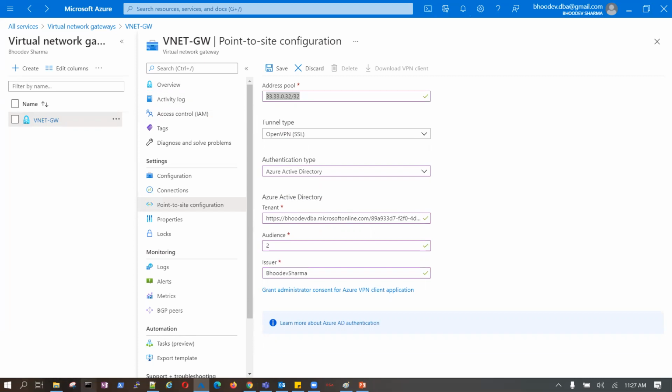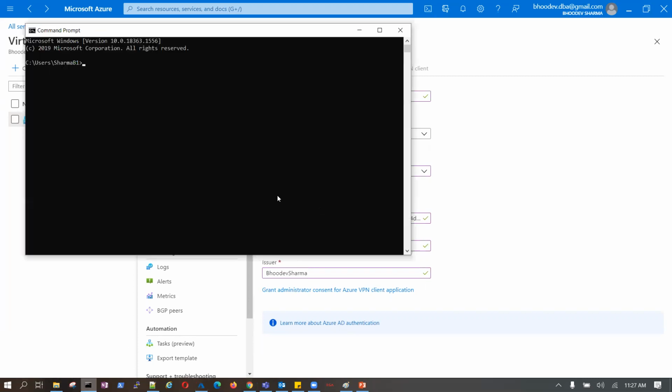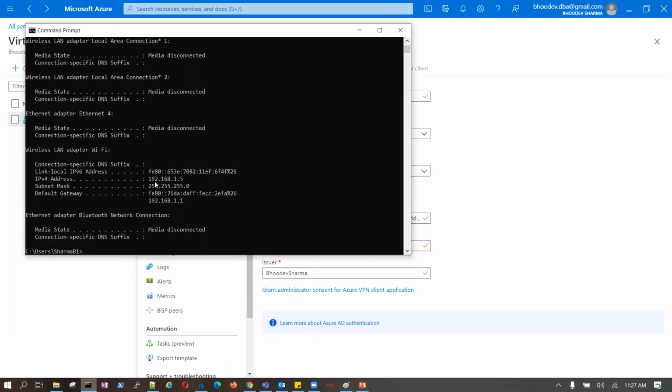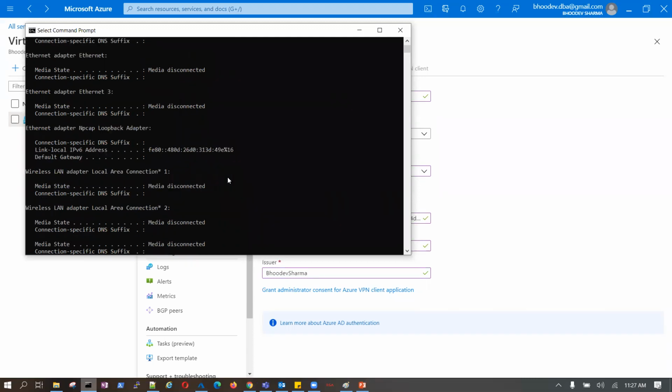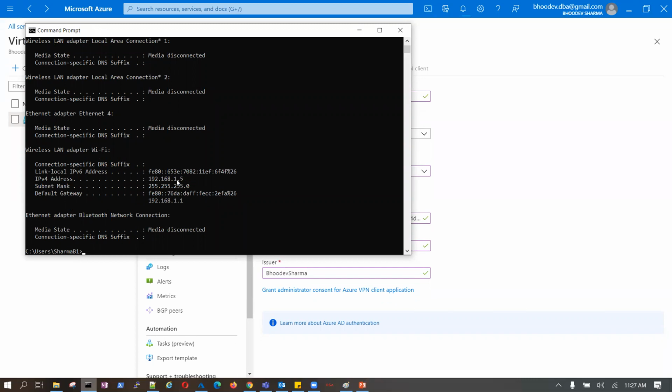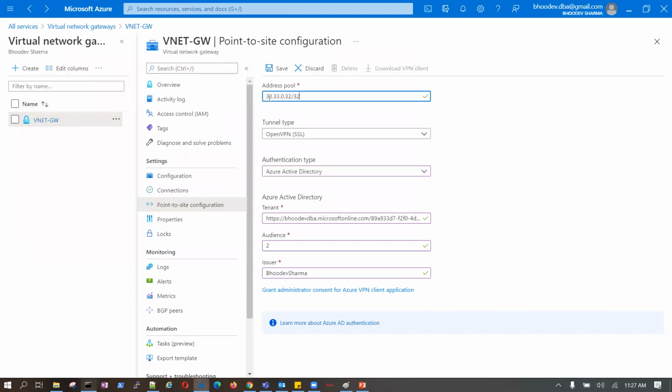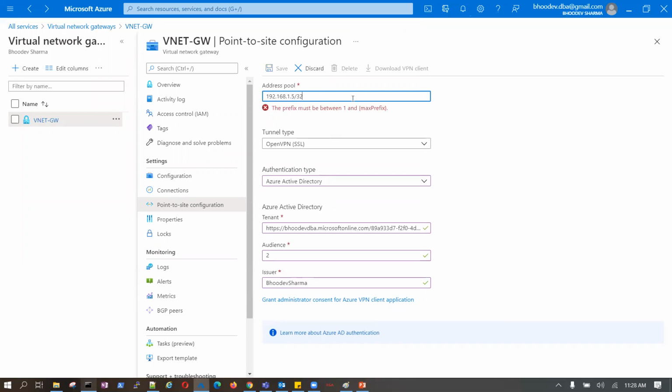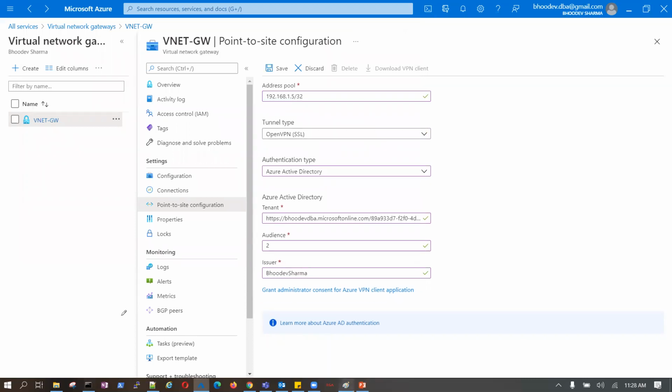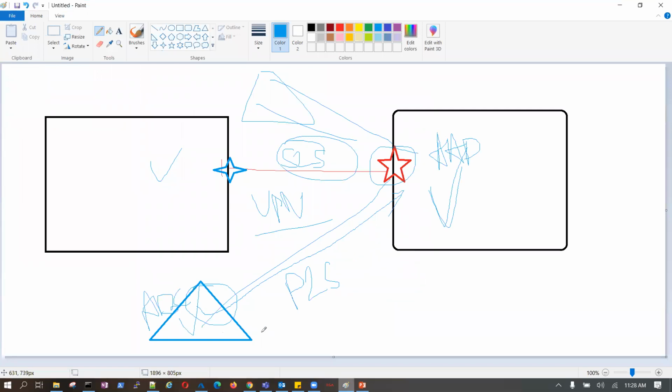If I say currently, IP config, what is my IP? This is my IP, right? But if I log into my Unisys, I will get some other IP. So over the internet, this is my private IP. Now if I use this, this IP is the laptop IP.